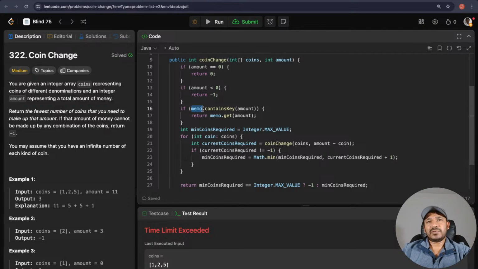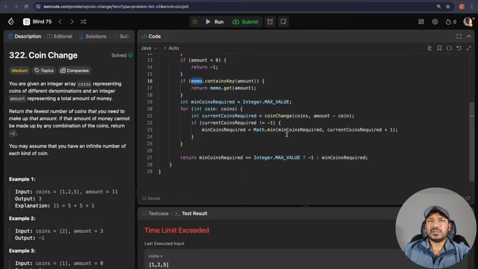If that is not stored in the memo, then I compute the min coins required and do all these things,